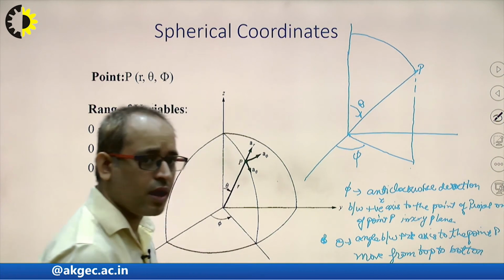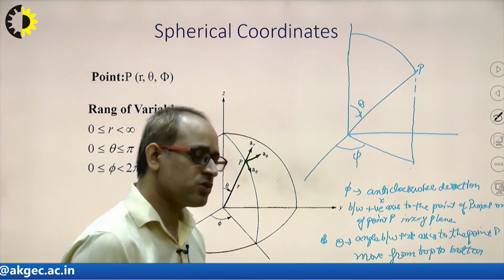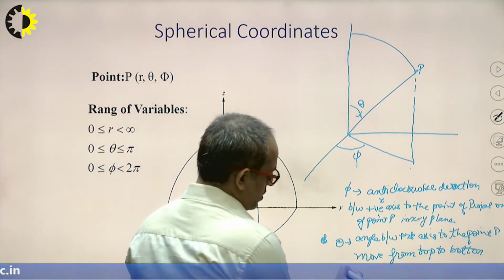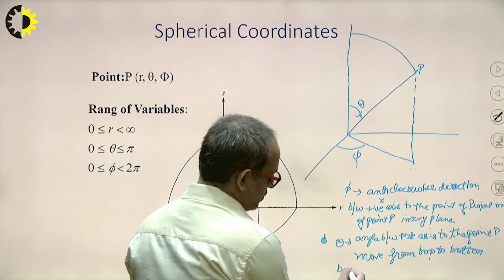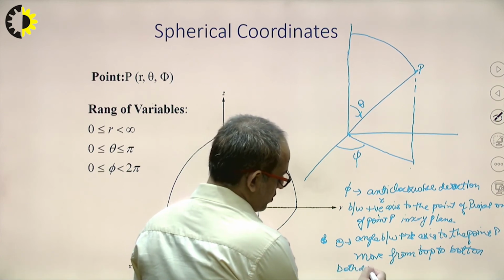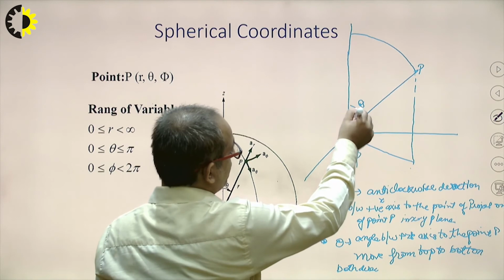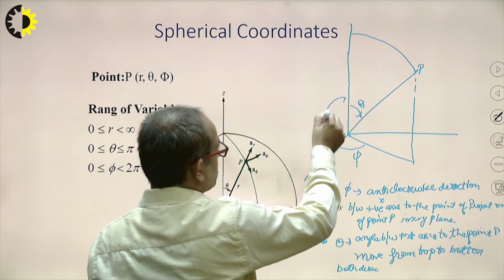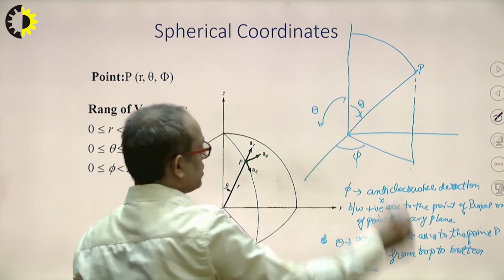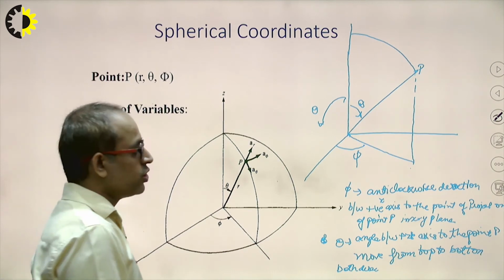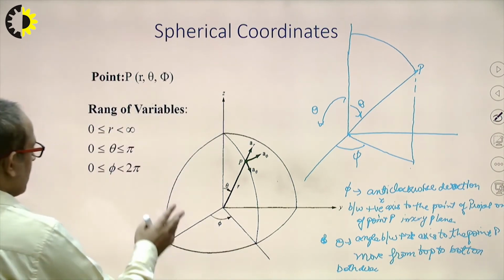It can be moved in anti-clockwise or clockwise, both directions, means it can move in this direction and also in this direction. Clear? So theta, to have a complete sphere,